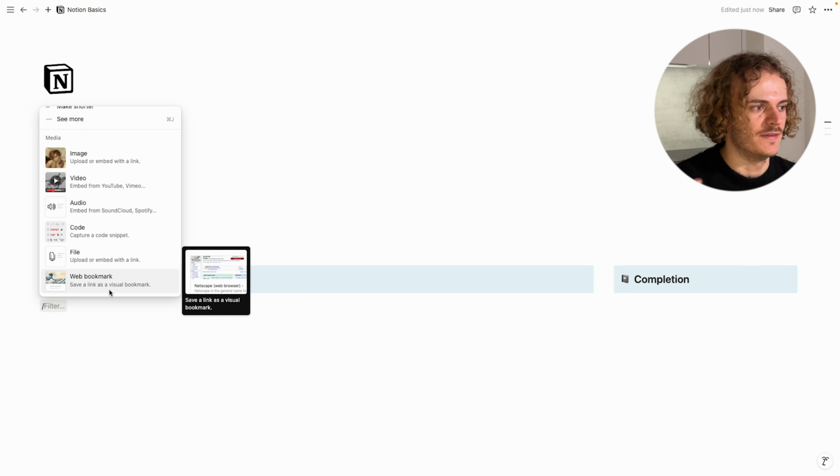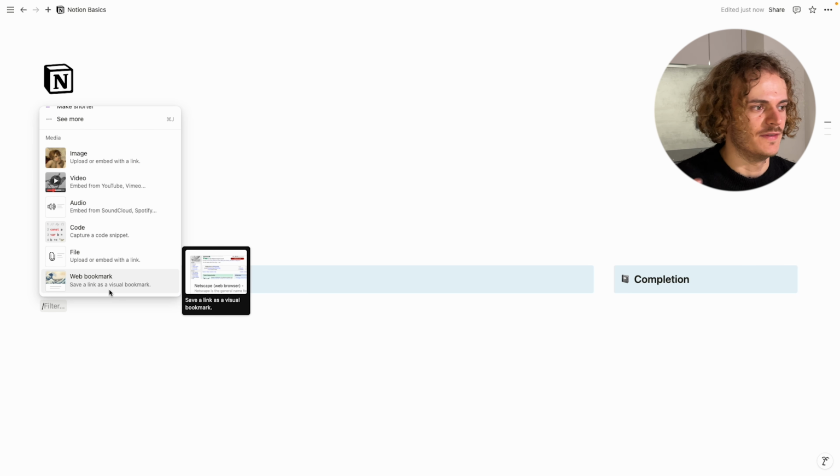So you can have the most common format, which is a table, but you can also create some board views, some list, some calendar, some timeline for project management. You can even embed right now some charts, so it's really infinite. So I'm going back, I'm going to delete this, and so slash database,